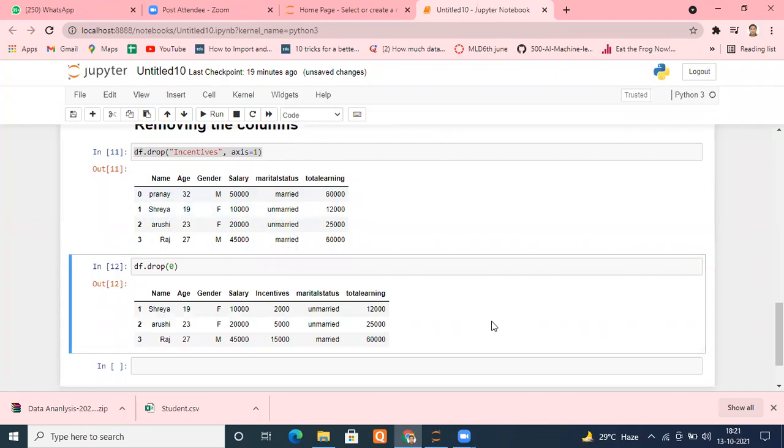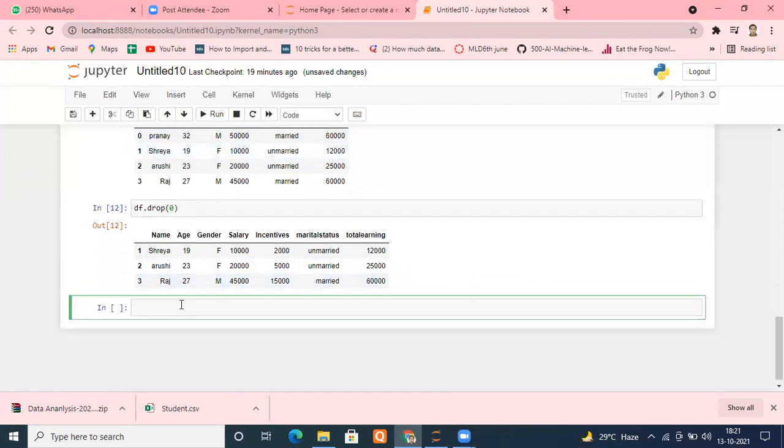Now, can you tell me, will you be able to remove rows or not? Yes, sir. Is it fine, everyone? Yes, sir. Got an idea how to remove? Yes, sir. Perfect. Okay. Now suppose you want to remove, you have removed one column only. Let me show you one thing.